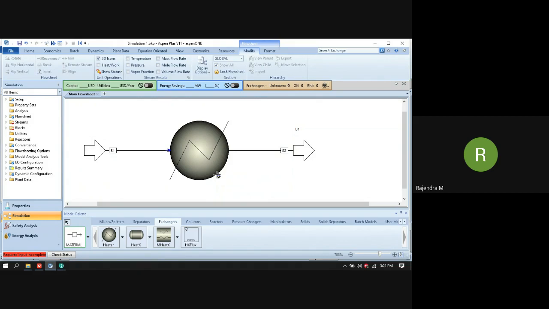So if you would like to do the same kind of thing in a single palette, then you can add this pre-water or decantation of water from the heater or cooler. So by default, it has considered this stream number S1 and S2, or you can just give this. You can change the name by double clicking on this.